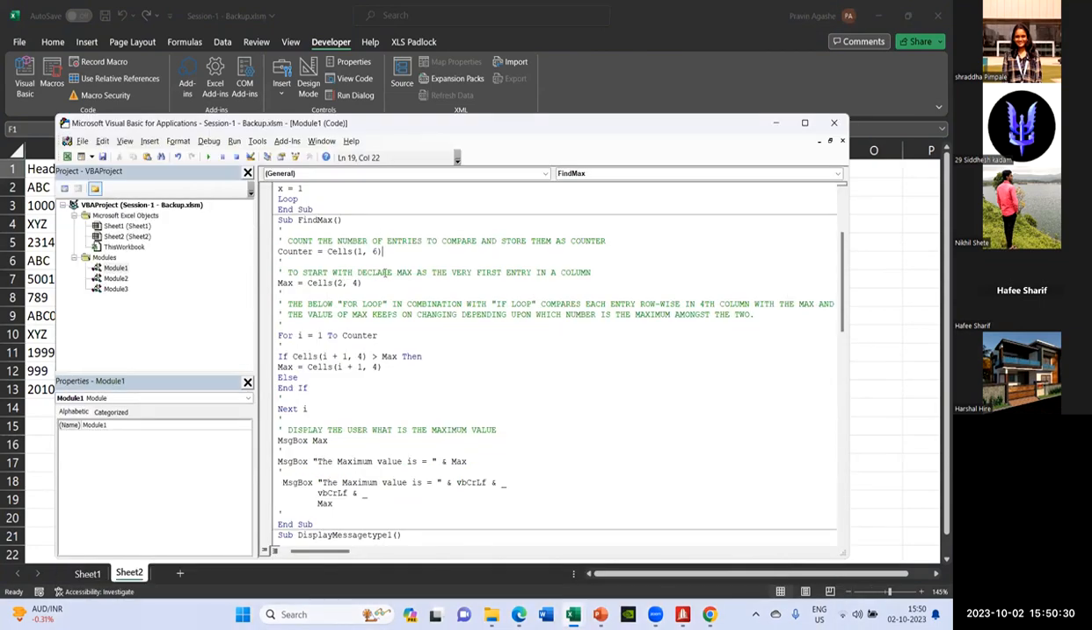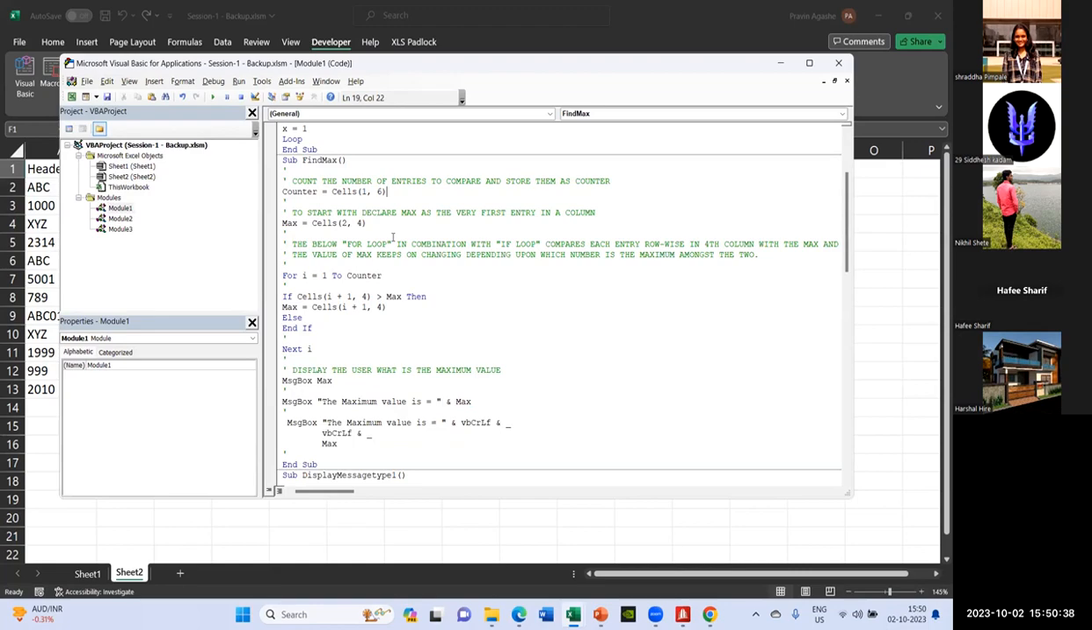Then to start with, declare max as the very first entry in a column. So how are we going to proceed here? Right now the program doesn't know which is the maximum value out of the listed entries. So the program has to start with the first entry. First we will assume that the first entry in a column is the maximum, and then we will compare the first entry with the other entries in the column, and